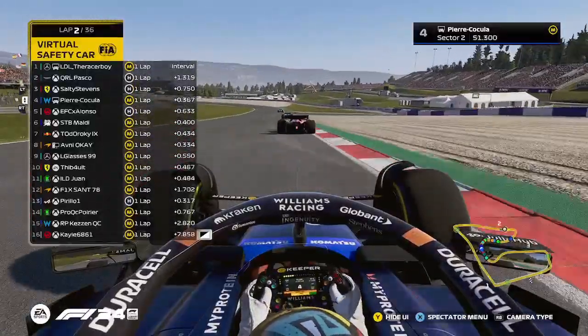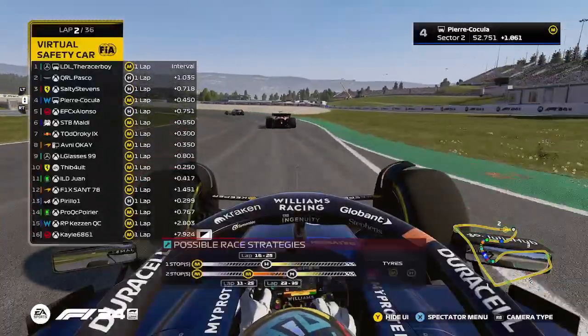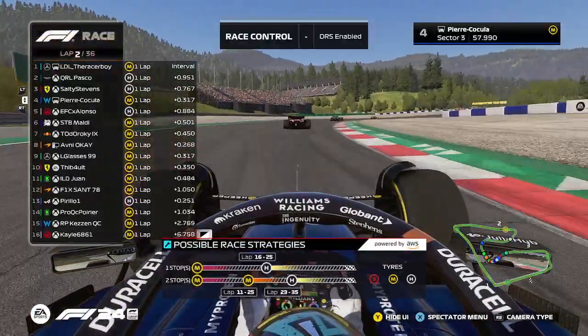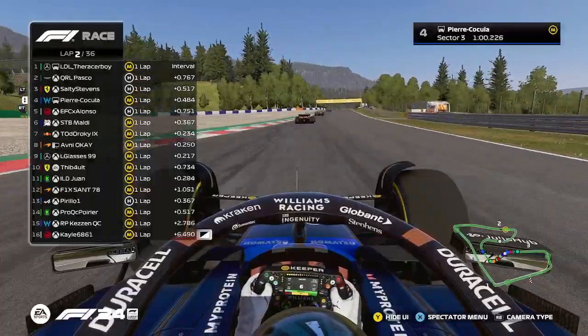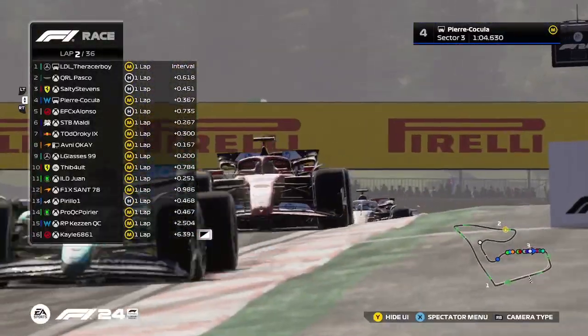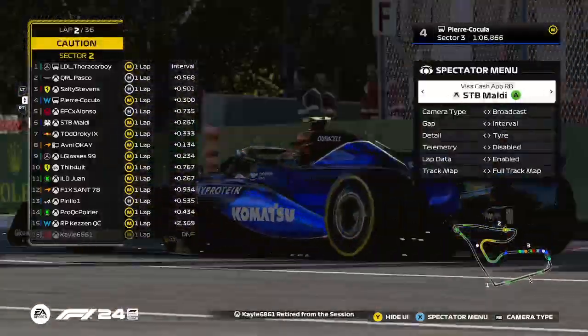Anyway, looks like Racer Boy still held on to his lead, of course. I think that's the virtual safety car must have come out. His DRS has once again been enabled, and we're back up to racing speed as it's all very close at the front of the field, with everyone still within 1 second of each other because of